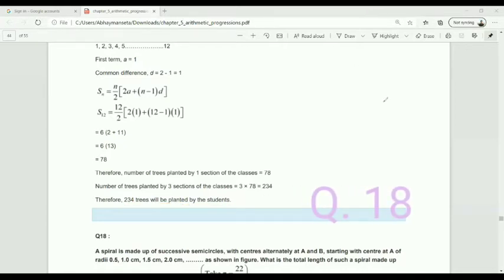A spiral is made up of successive semicircles with centers alternately A and B, starting with center A, of radii 0.5, 1.0 centimeter, 1.5 centimeter, 2 centimeter, and so on, as shown in the figure. Radii is the plural form of radius. What is the total length of such a spiral